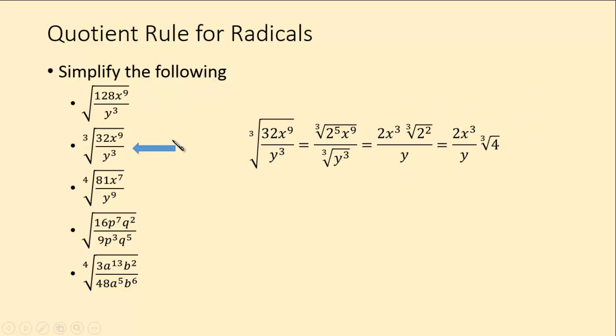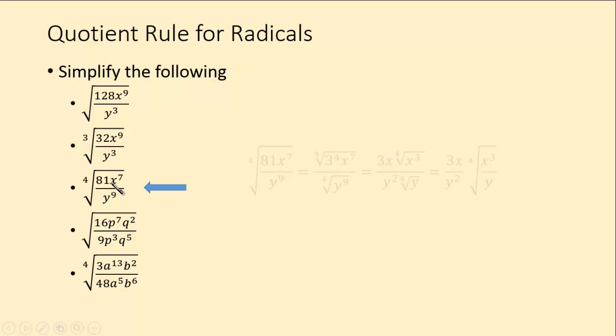So here, once again, we express this as 2 to the 5th power. We break this up into the cube root of the numerator and the cube root of the denominator, and we're off to the races. 5 divided by 3 is 1 remainder 2. 9 divided by 3 is 3, no remainder. So notice there is no x under here. And 3 divided by 3 is just 1. Or as we said in the past, when these are the same, well then you are just left with the y. And this then you can write as 2x cubed over y, and then